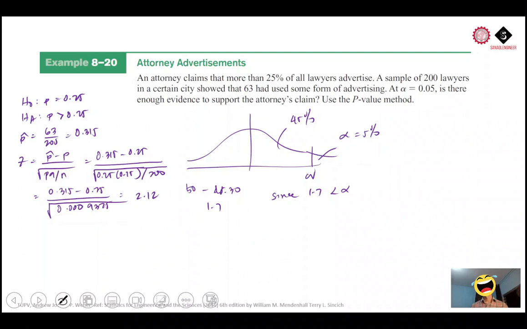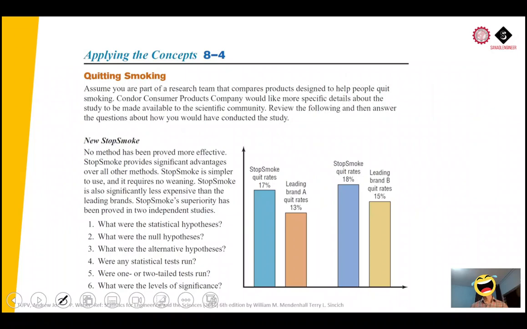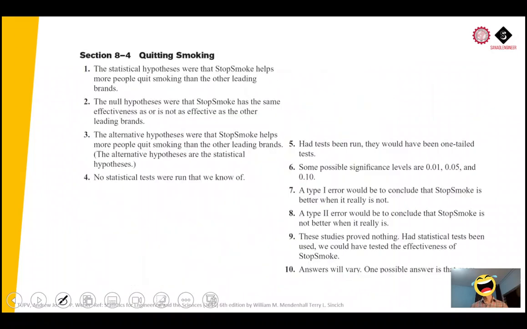Therefore, we have to reject the null hypothesis. Okay, so let's do the last part, which is the